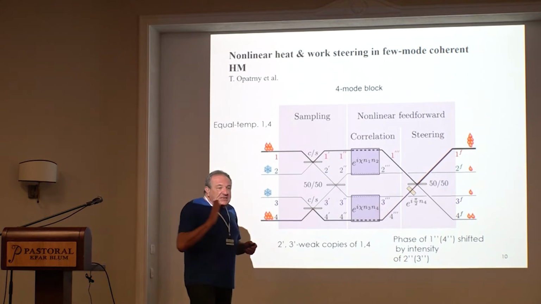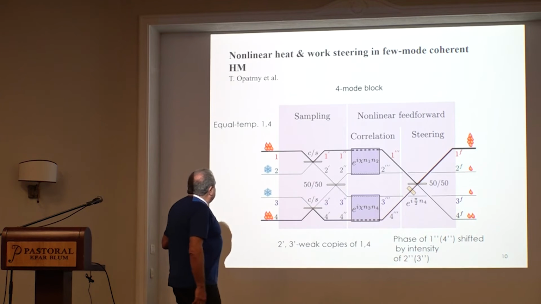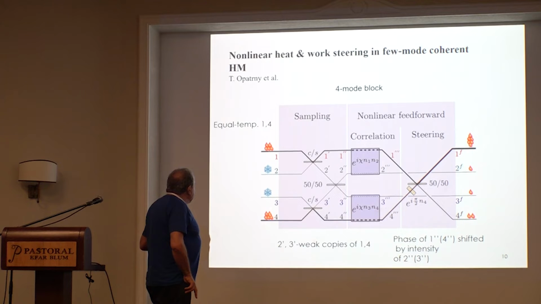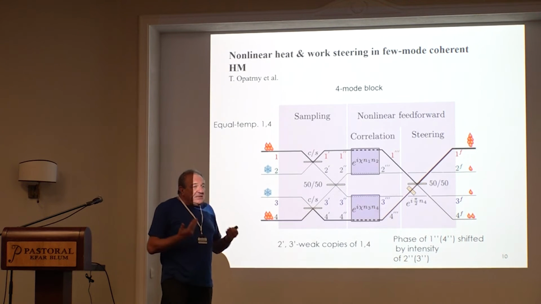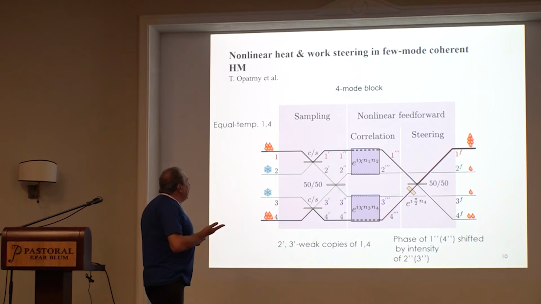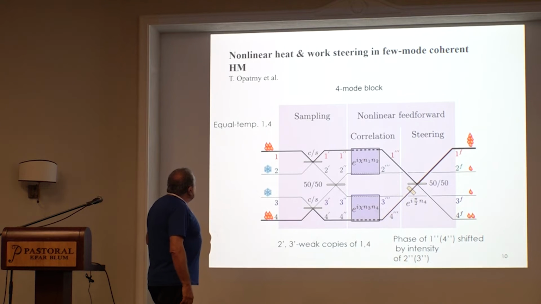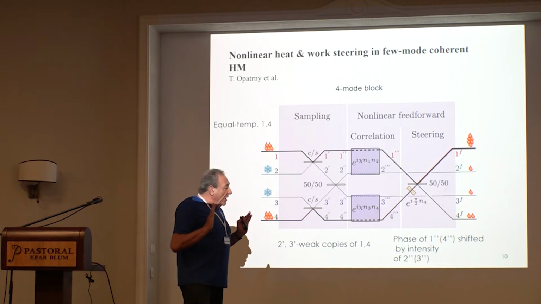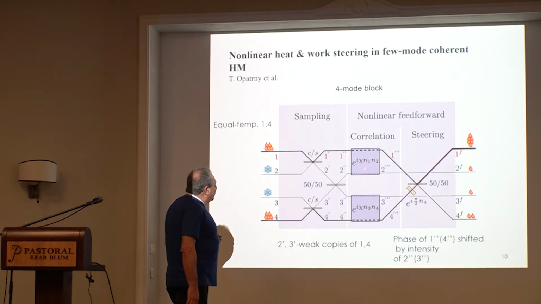Okay. But this is still not a heat engine, not a bona fide heat engine, and for that you need a slightly more advanced version, which consists of 2 hot modes and 2 cold modes. But here you can really manipulate heat in the way which you can never do if this were a linear device. If it were a linear device, starting with 2 equal temperatures at the hot modes will always produce you equal temperatures at the output. You will gain nothing, no matter what you do. So you need to go non-Gaussian, and this is achieved again by